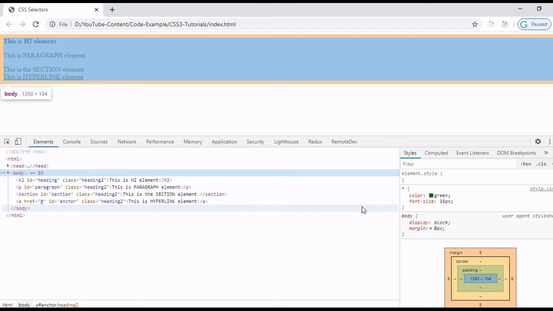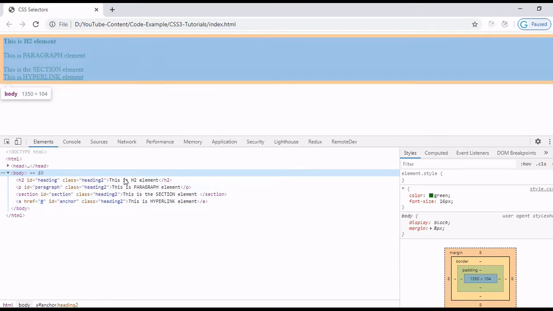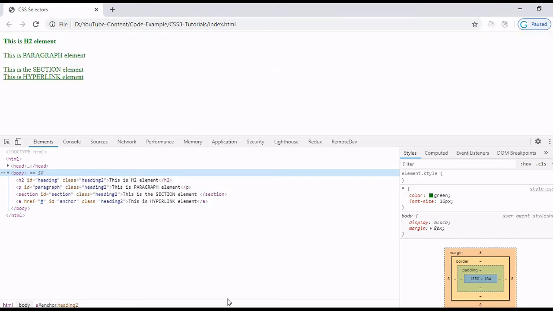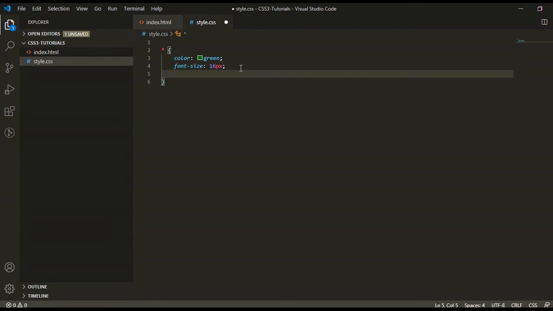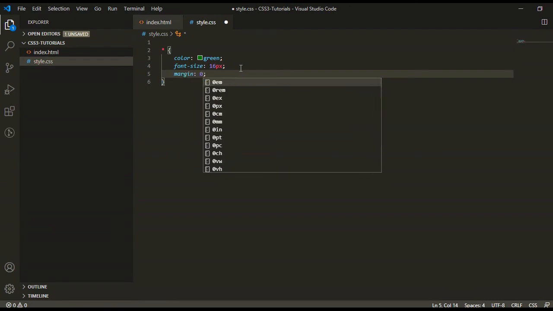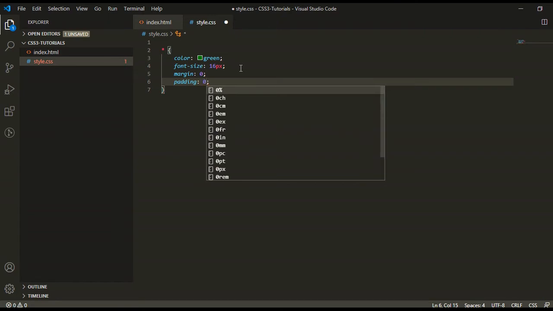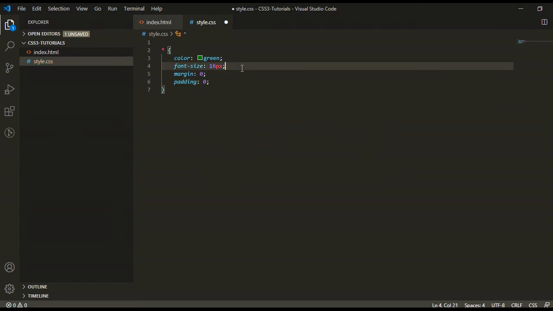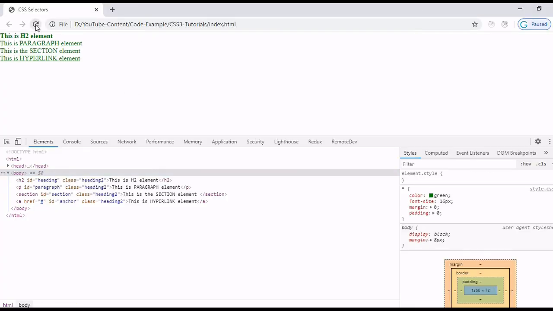When you reset all CSS of the browser for all HTML elements, like I will reset the margin 0, same as padding 0 for all the elements. Now let's see what the impact is.